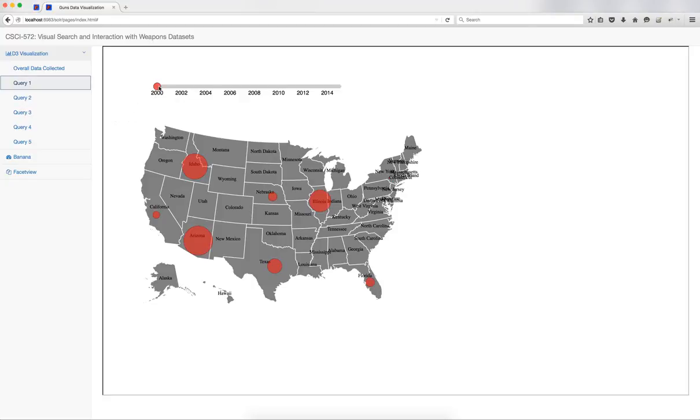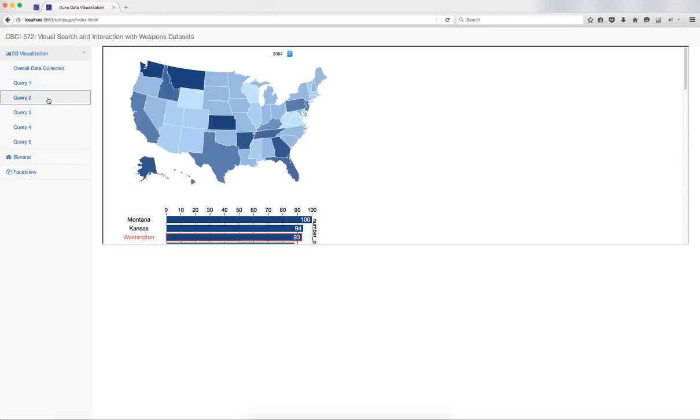So in this first question, the time-based trends that were obtained have been shown using the bubble charts and the slider. As we change the slider's position, the dots increase and decrease, indicating the change in the number of gun ads in those regions. And also the red dots indicate that the transaction was unlawful, whereas the blue dot indicates that it was a lawful transaction. Moving on to the second query.